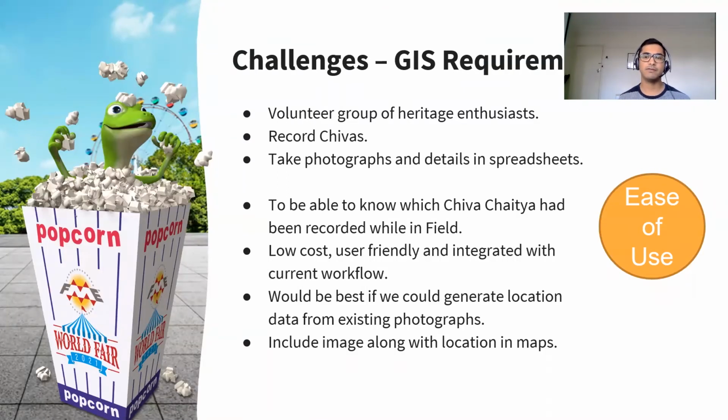So in 2012, a group of heritage enthusiasts, my colleagues at Chiva Chaitya organization, realized the importance of Chivas and Chaityas and came together to tackle the issues surrounding its conservation. Their first plan was to document all the Chivas and Chaityas. So they started to record Chivas and Chaityas by taking photographs of them whenever they encountered them while going in and around Kathmandu. They logged the details in spreadsheets, but